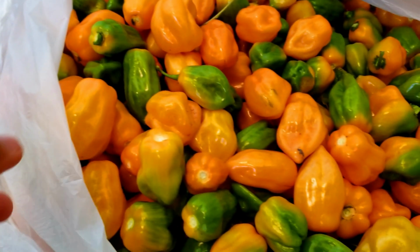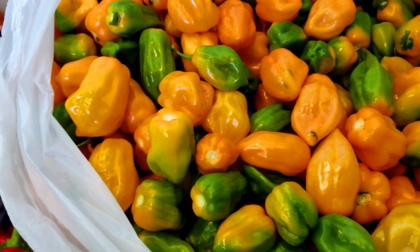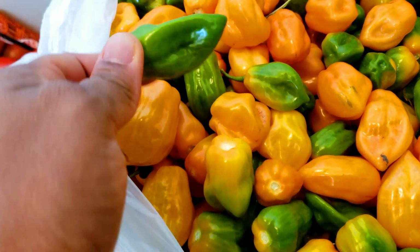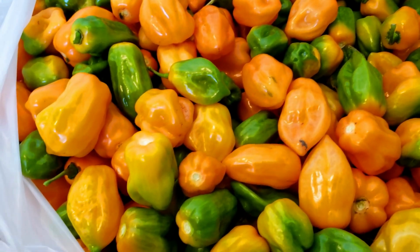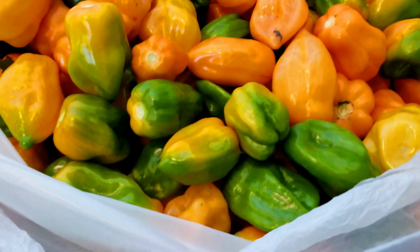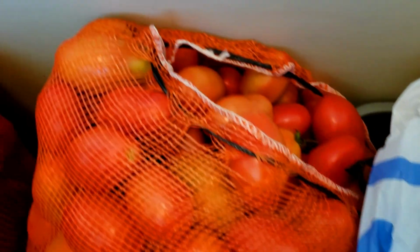So guys, these habanero peppers came along with the produce. Some are still green, but I like them like that. It's very flavorful when you use them in recipes. So I'm also going to store those peppers. I'll arrange them in Ziploc bags and just put them in the freezer. But those fresh tomatoes, the